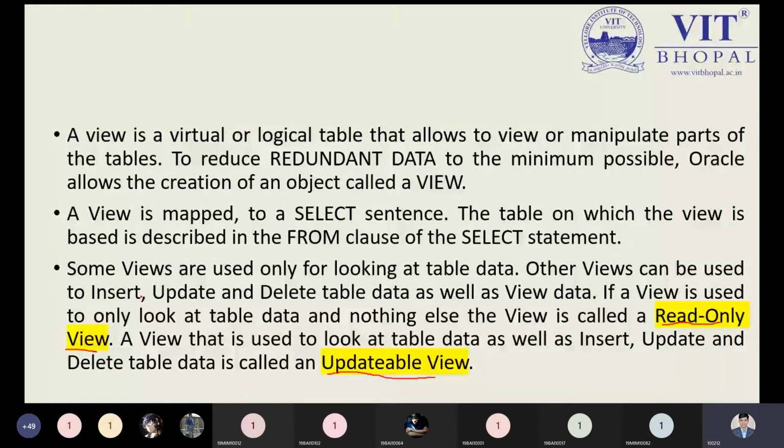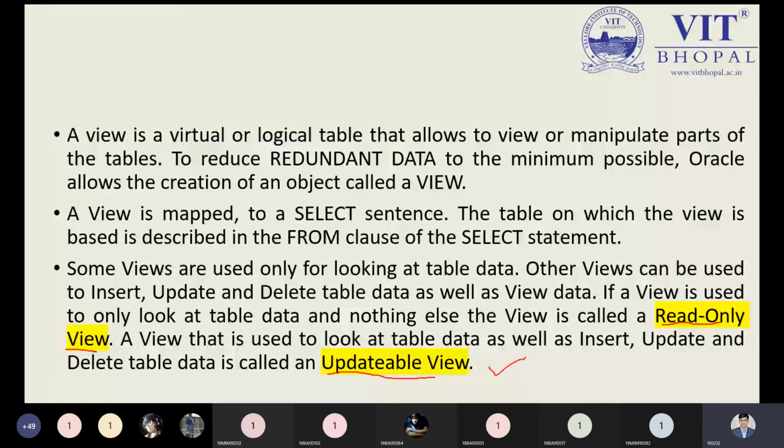So I create my new view with only the limited attributes, which is also possible. That's why we can say a view is a logical table, or a virtual table, used to reduce redundant data. As the name says, you can view only the information, but updating through the view is also possible. At that time we have the updatable view, and by default a view is known as the read-only view, or the selective view.